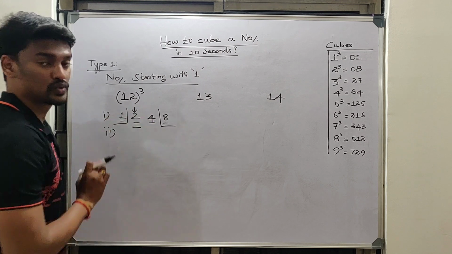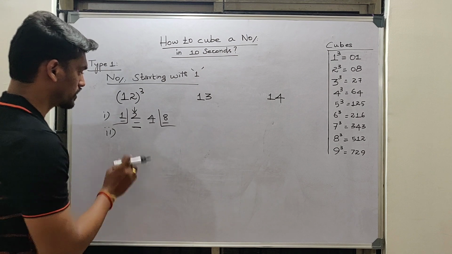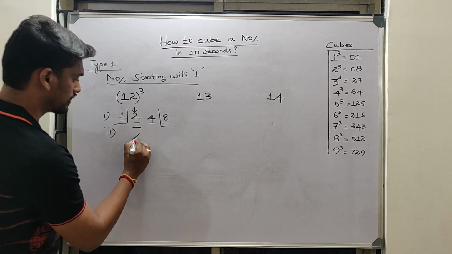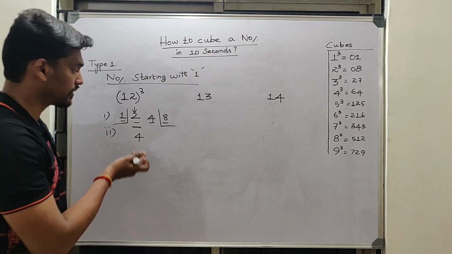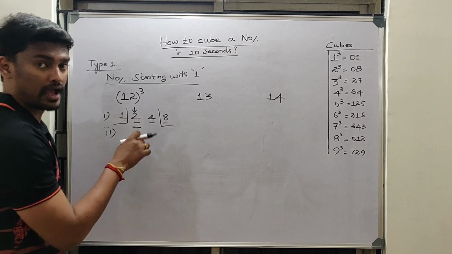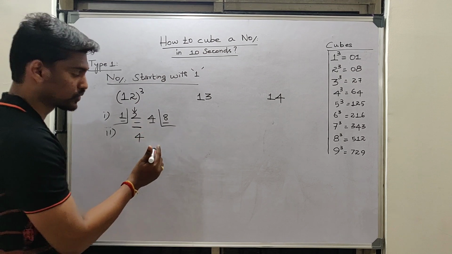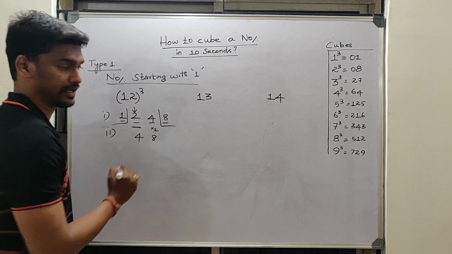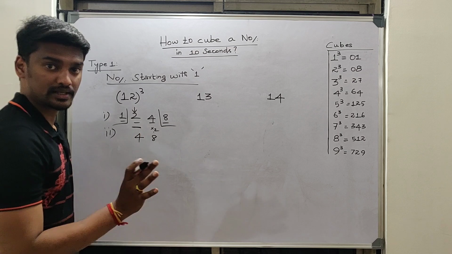I am going to take these 2 numbers and double them. So if I double 2, I will get 4. Or else you could say you can multiply the number by 2. So 2 into 2 is 4. Then 4, I have to double it. Or else you can say 4 into 2, which is 8. So this is all about step number 2.